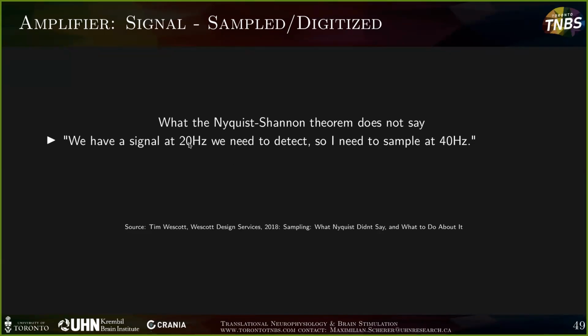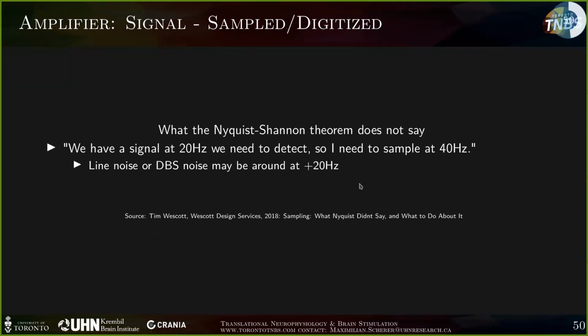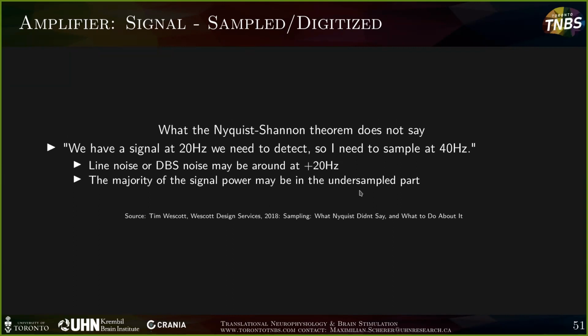Let's say we want to detect 20 hertz signals, so we sample at 40 hertz, which is an awfully bad idea. You're going to have line noise, which is going to be around 60 hertz. So you're going to undersample your line noise, and you're going to have the majority of your power in the undersampled part. So if you have, say, a DBS artifact and a line noise artifact, and you undersample both of them, or even one of them, you're going to introduce a severe bias to